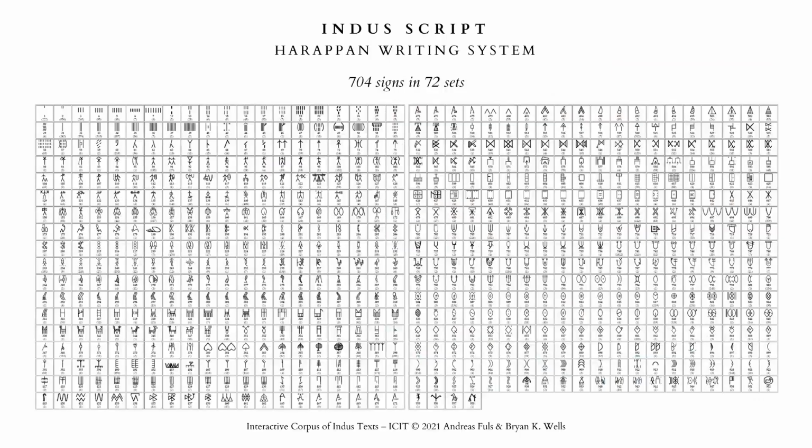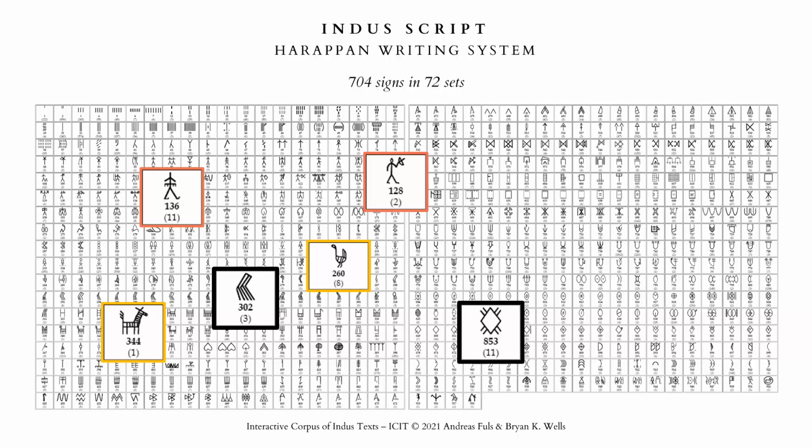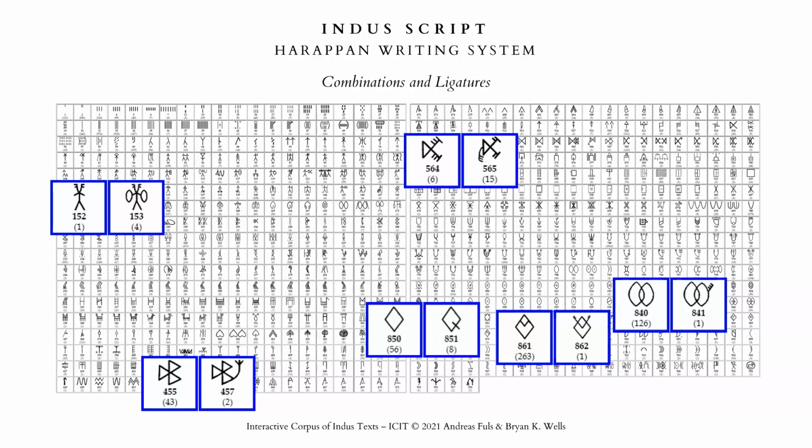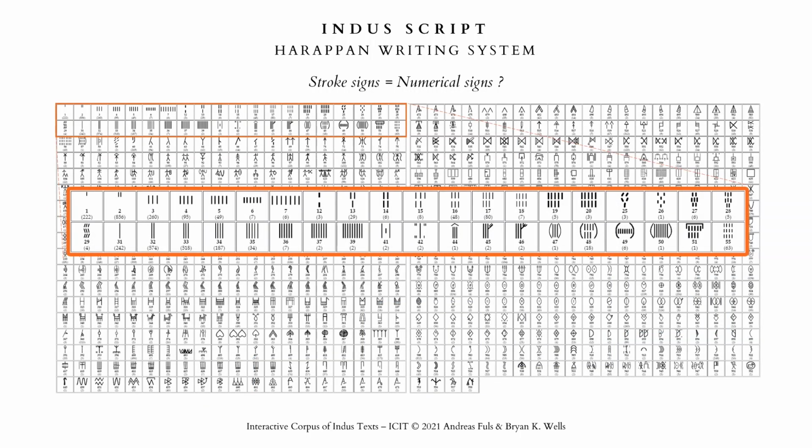Most Indus signs have an abstract geometric shape, possibly recalling elements of the Indus architecture and material culture or abstract concepts, while others clearly represent human figures, animals, or vegetal elements. While many Indus signs are only minor variants of basic graphic forms, others show ligatures obtained by adding elements indicating grammatical or syntactic properties. Indus signs featuring different combinations of long and short vertical strokes were probably numerical signs, perhaps used to indicate quantities or dates, possibly by combining decimal and octal systems.